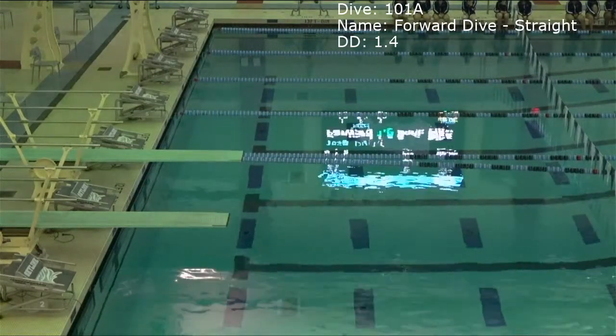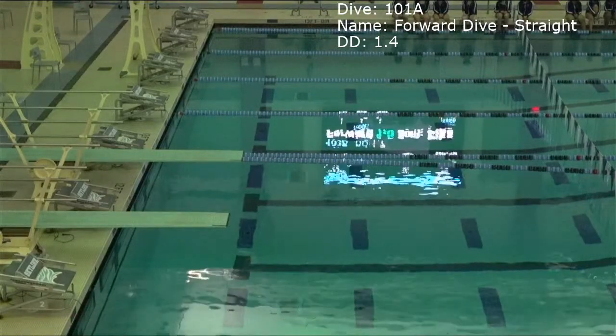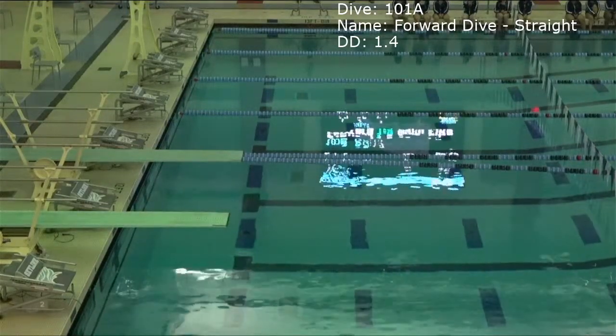The Bedford team cheering on Jamie as she's on the board ready to dive, but waiting for the glitches to be worked out.